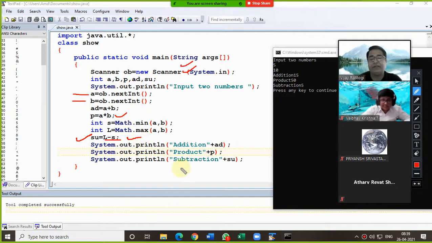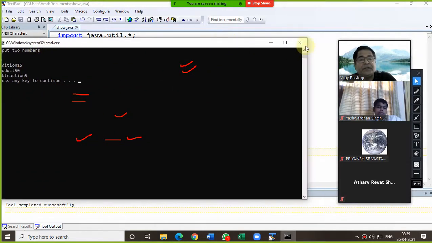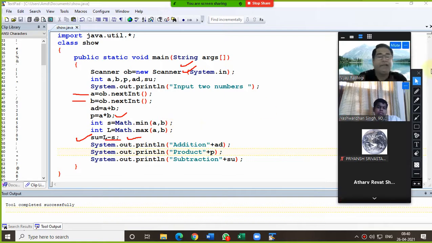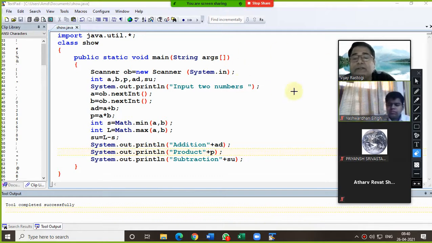Any doubt here? Anybody? Vaibhav, Krishna, Yashvardhan, Priyansh. No, sir. Okay. I hope this question is clear to everybody, right? I am doing the whole recording, and this recording I will also upload in the GCR after the class. Now just try the next question, and that solution you will post in the GCR only. Write down the question.